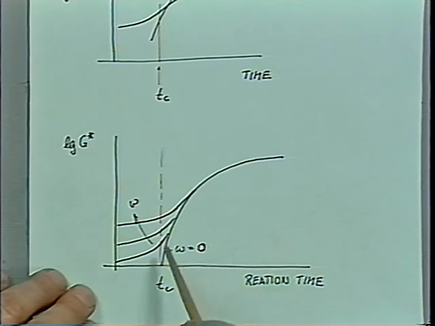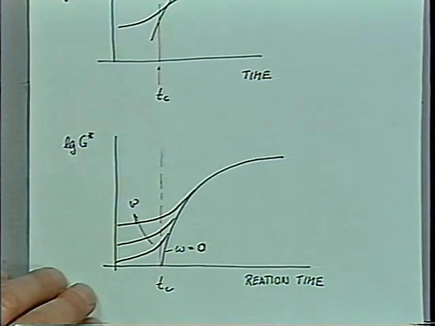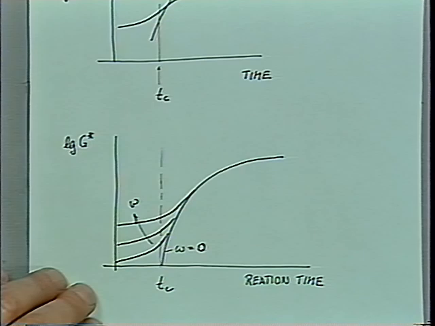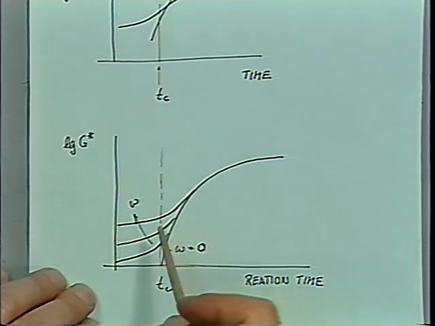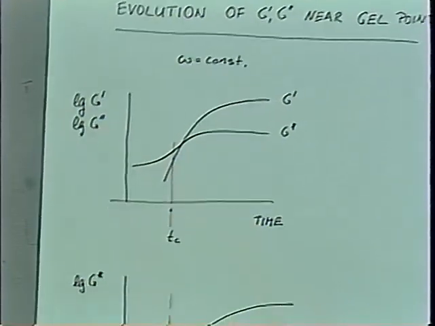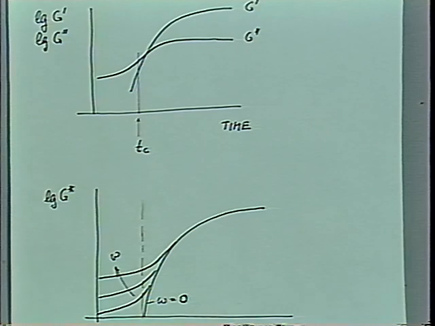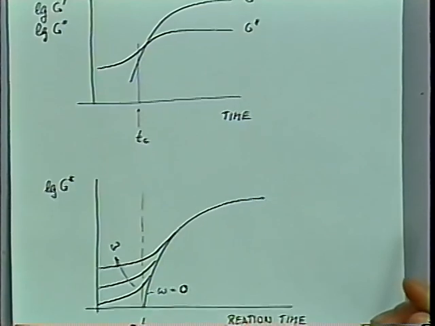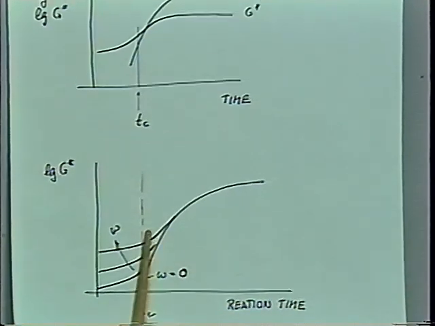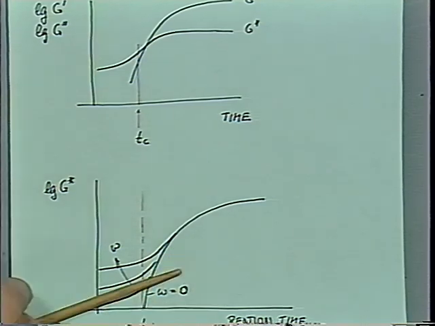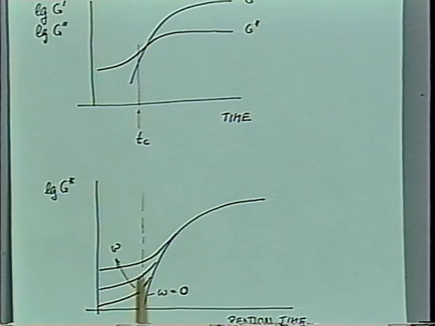So the modulus will gradually increase, like the increase of the equilibrium modulus. But as soon as you go to a finite frequency, you're picking up a viscous and elastic response, and then it's gradually coming up and getting a higher result. And at a reasonable frequency, you have the viscous part coming in the same way as it comes here. So that would be the typical growth of the dynamic modulus for different frequencies. And the slope here at the gel point is decreasing when you go to higher and higher frequencies. It has an infinite slope here at